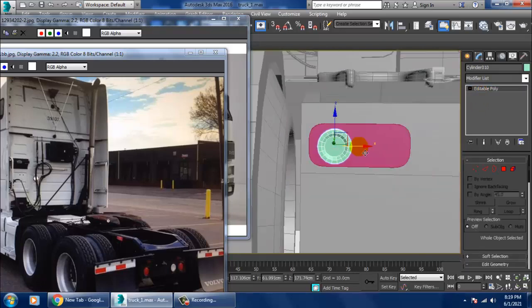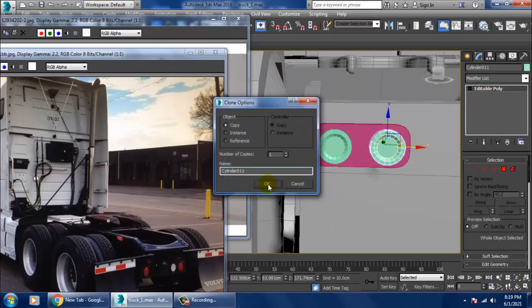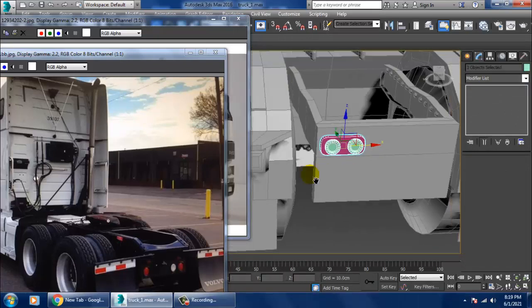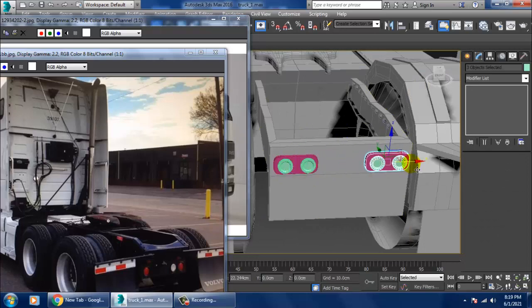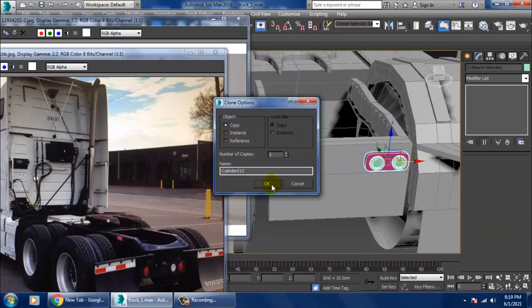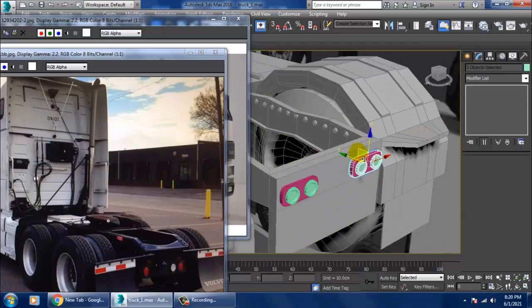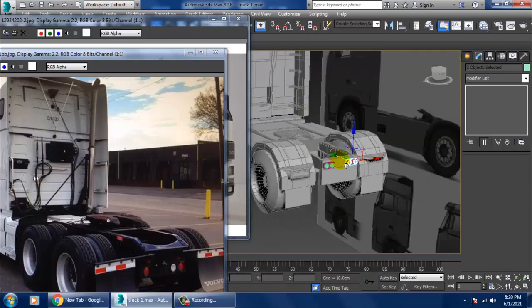So let's go over here and shift and drag, duplicate that, and again you can just duplicate this over here in this way. So you can just save your file over here.